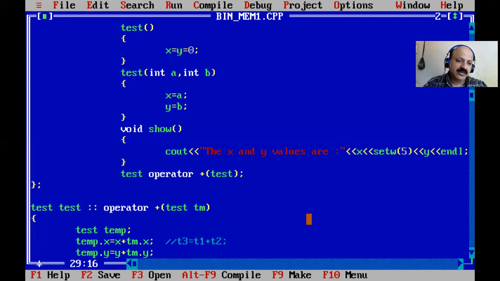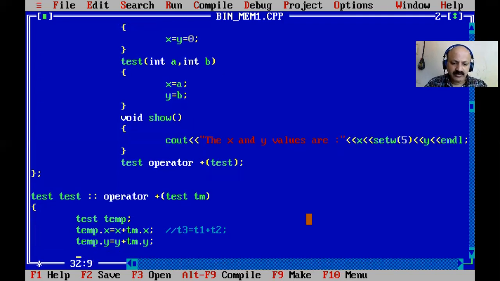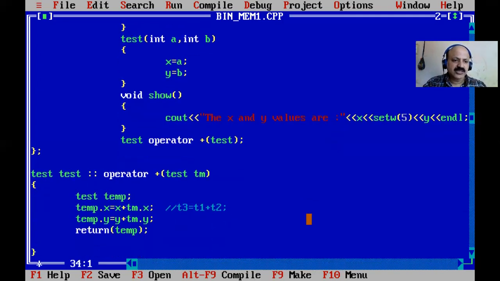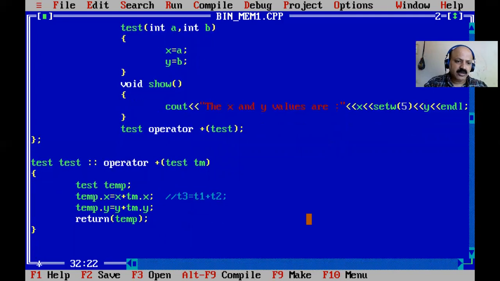And that return we can assign, that is assigned to t3, that takes the value temp. So here we can return this, return temp. So we return our class data type. So we can declare here a local object of the class. So that is finished, and now our main function starts.